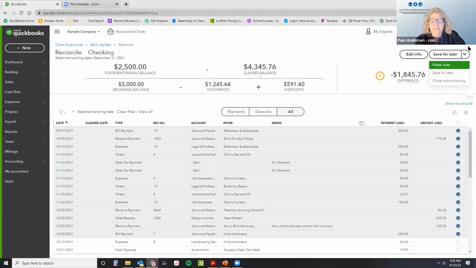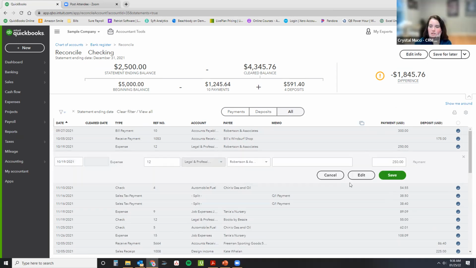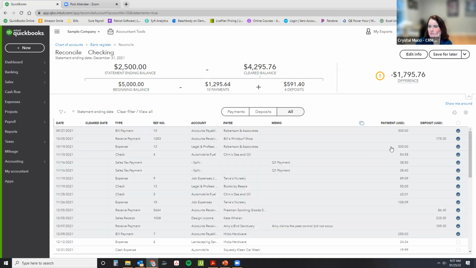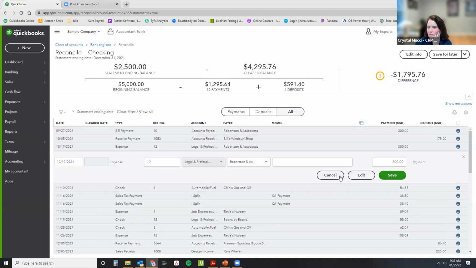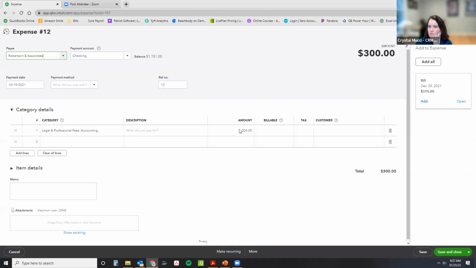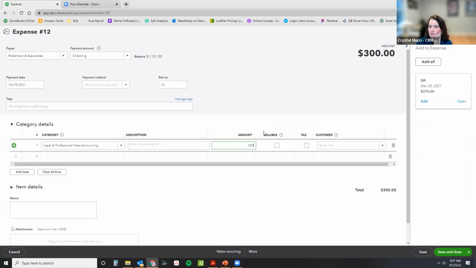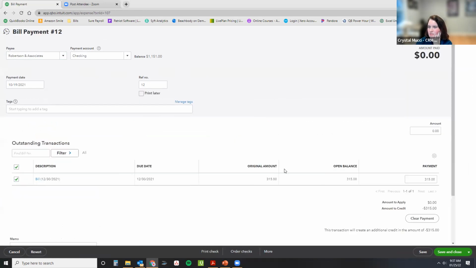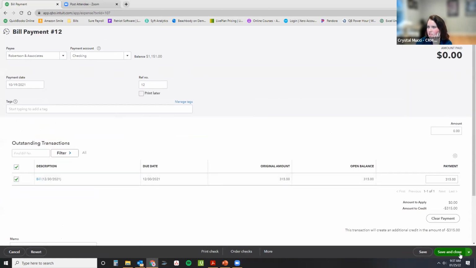And if you find here that you have a typo and you want to go back and fix it, what's the easiest way for someone to go back and fix it? So I just click on it and it brings up this edit. You can either go in and edit or you can just override it here. Sometimes it gives you a little pop-up and says you can't do it. Most of the time it allows you, like I just did. But it will do the same thing if you go into edit. It just brings up your expense screen and you can change it back. You can add something, whatever you wanted to do. And then if you just hit save and close,